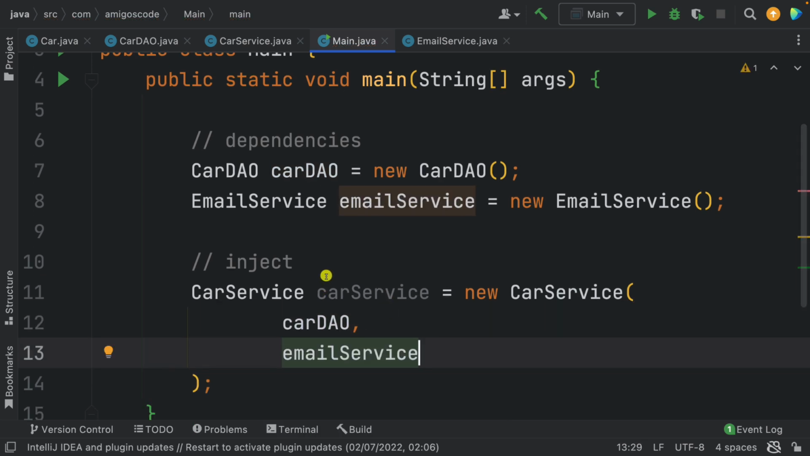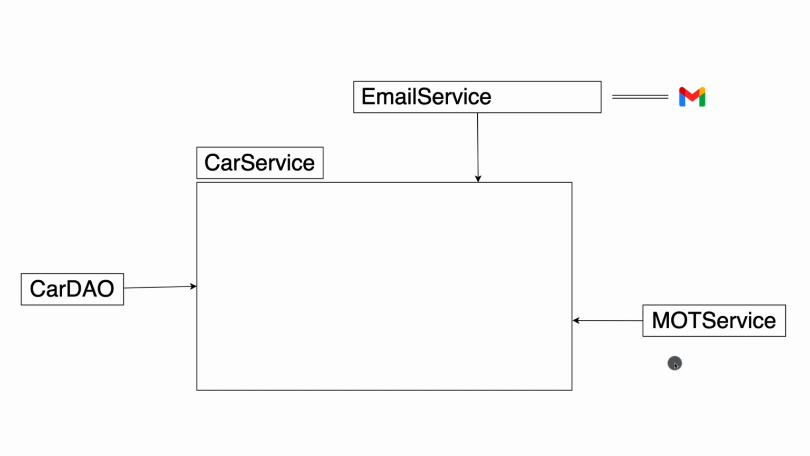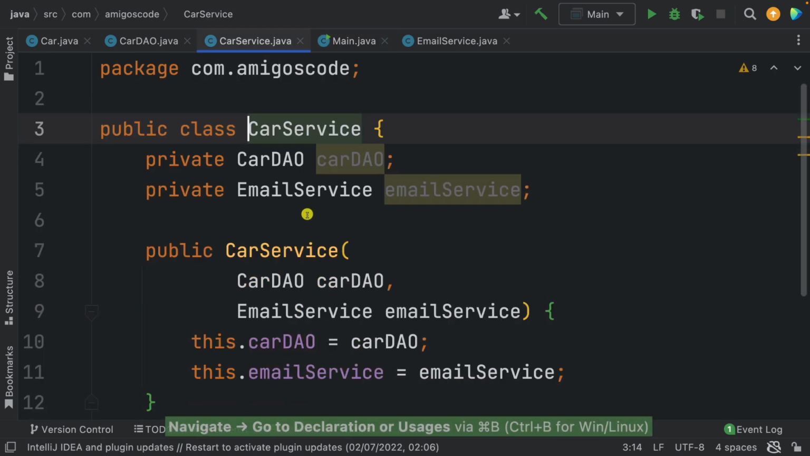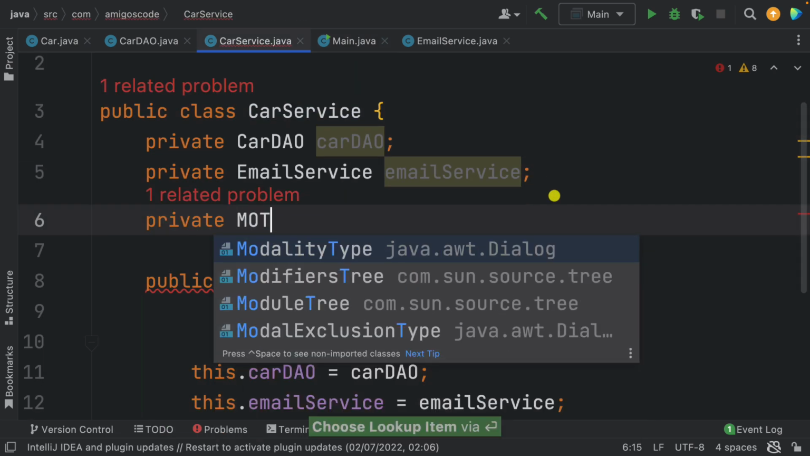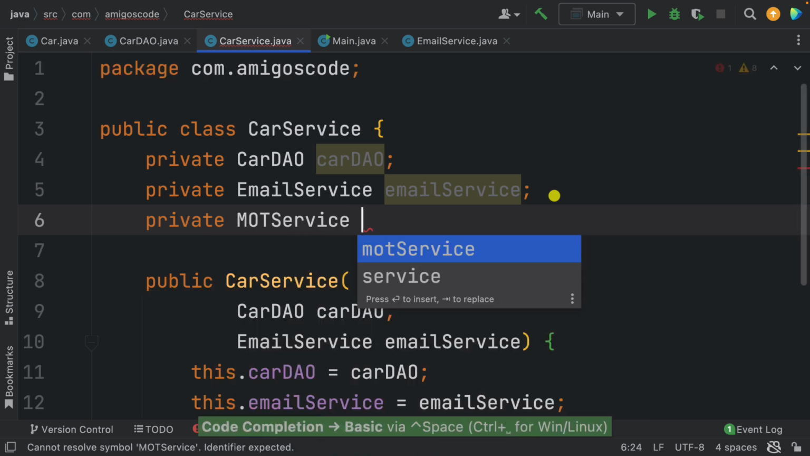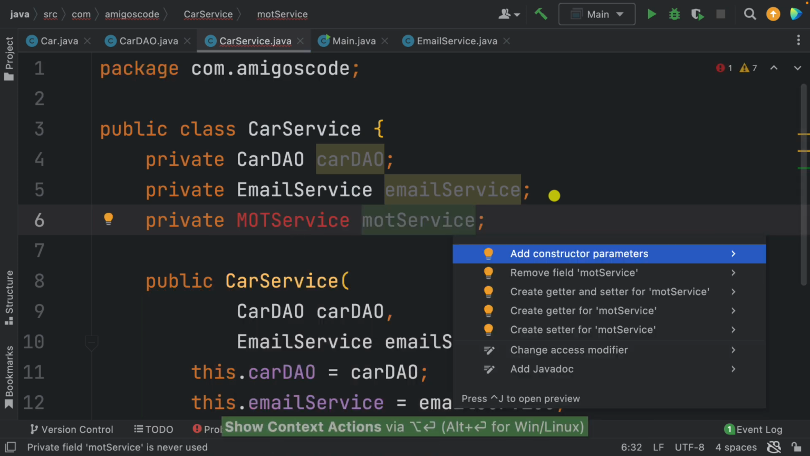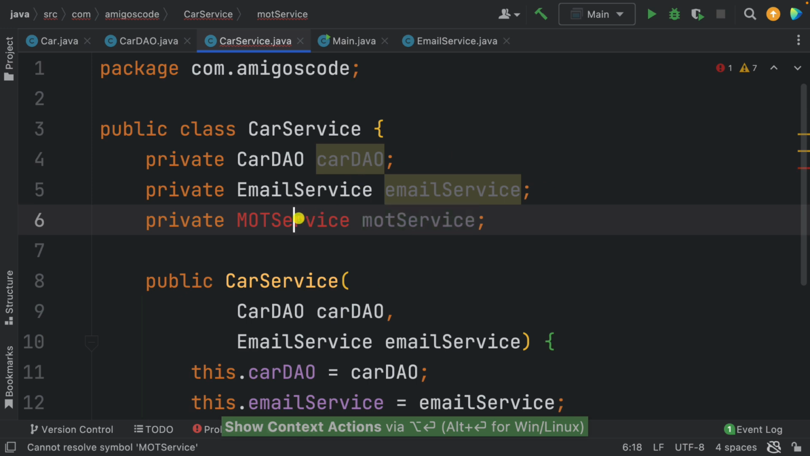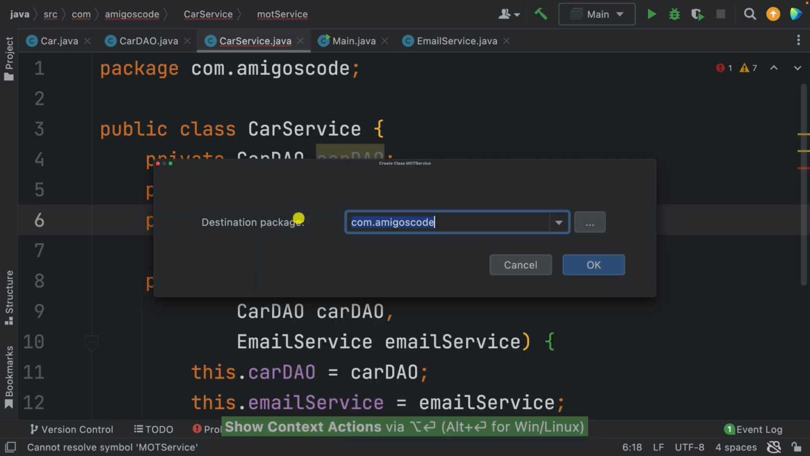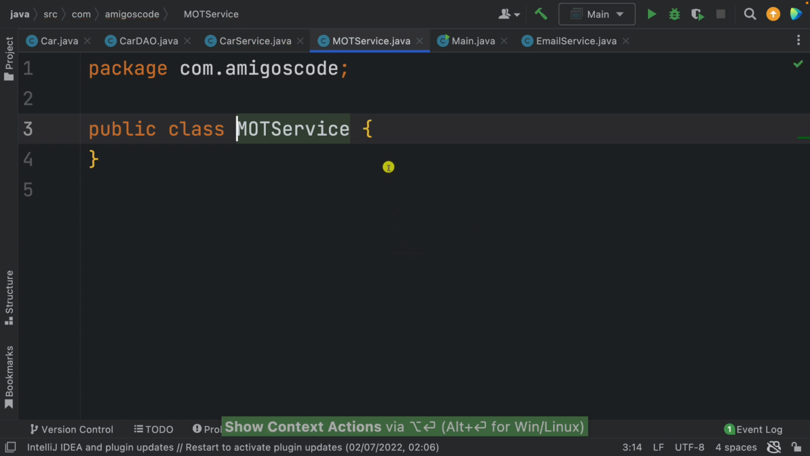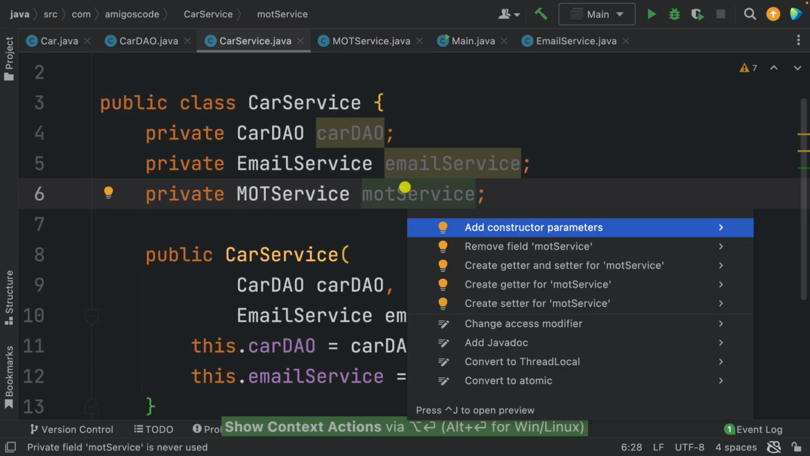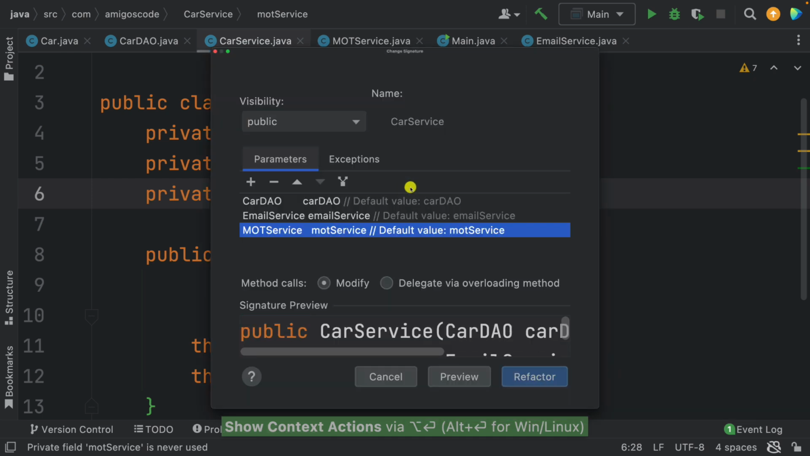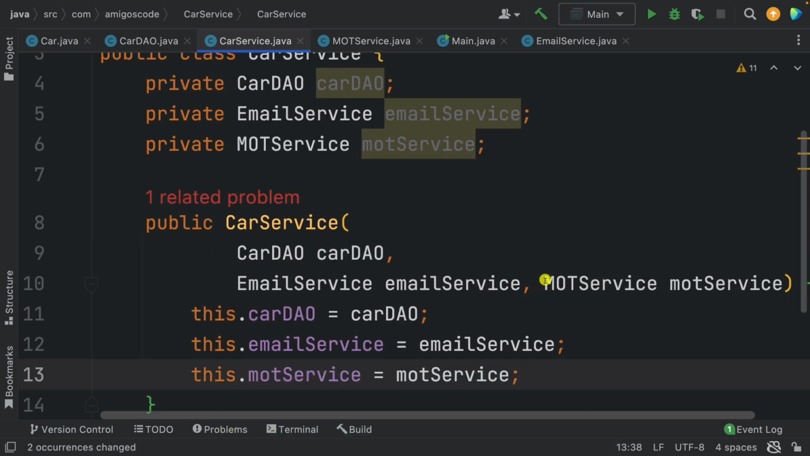And we also said that we had MOT service. So let's just create this class in here and also inject it into car service. So back to car service, and here we could just do this. So private MOT service, then I'm going to create this class because it doesn't exist. So create class under this package. Okay, go back and then use the keyboard shortcut Alt Enter, add constructor to parameter, refactor, and put this on